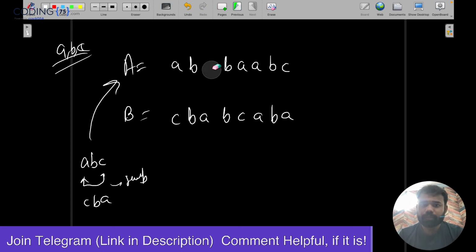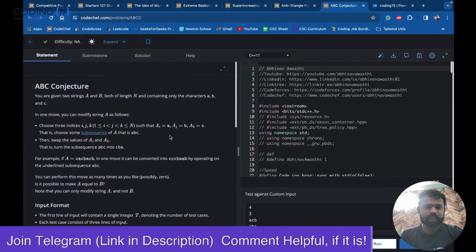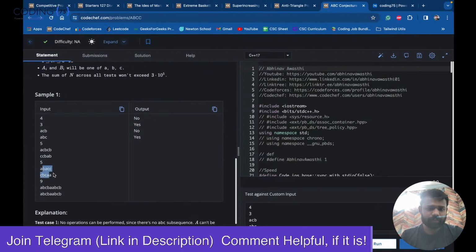For example, if it was like this, so what we can do here is you want a c here, okay. So if you want a c here, actually you can do it here also. You can swap. For example, if there was an a here, now you cannot do it. And there is an example in this, a quite good example, this one: a b